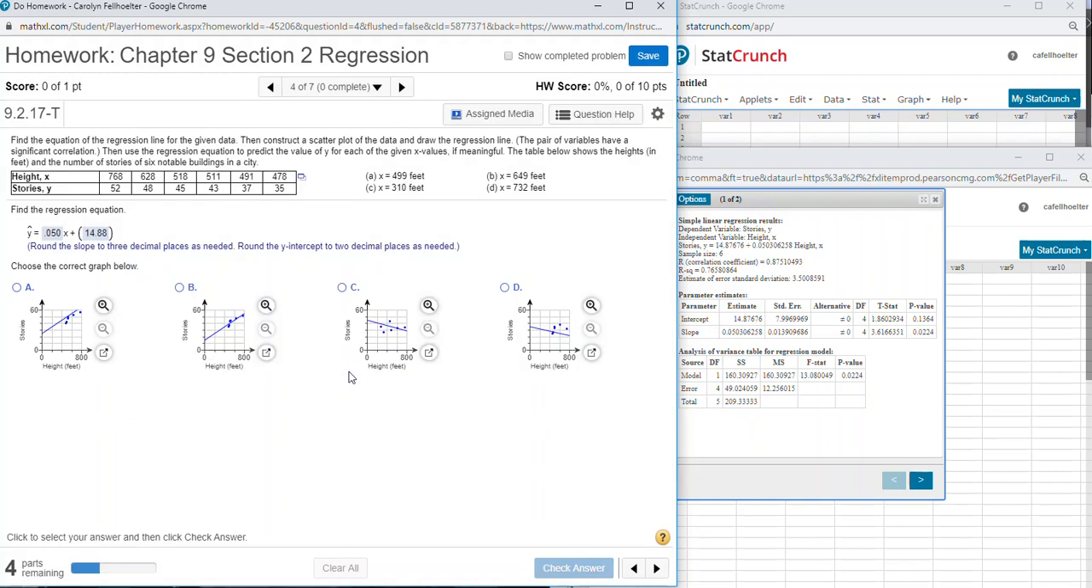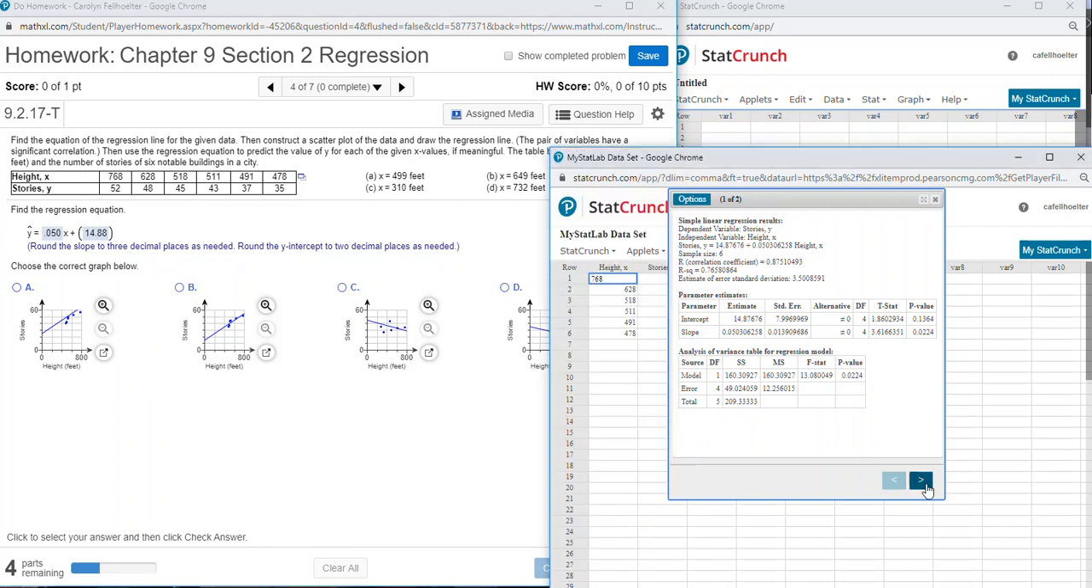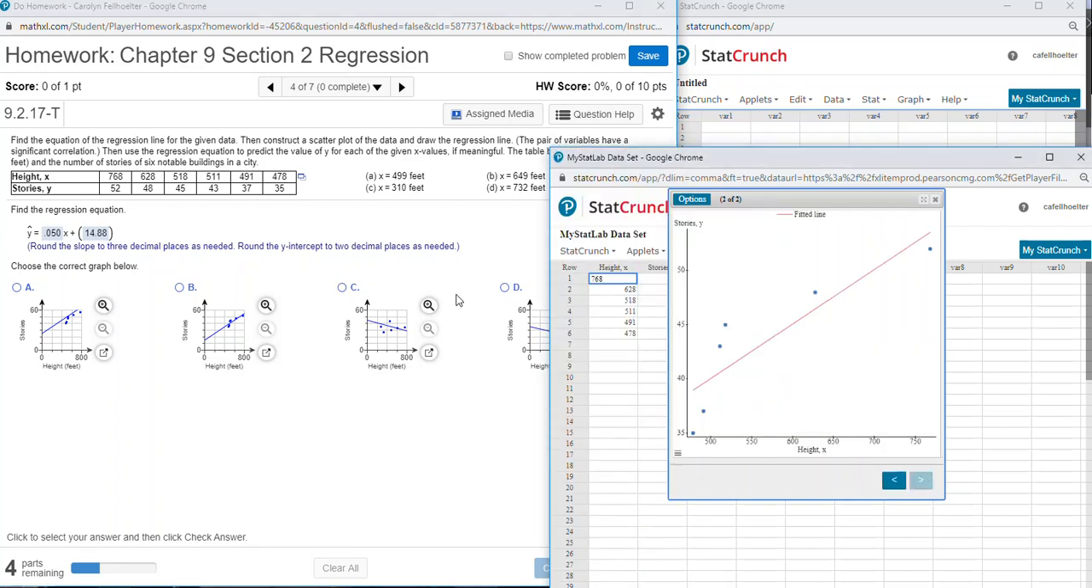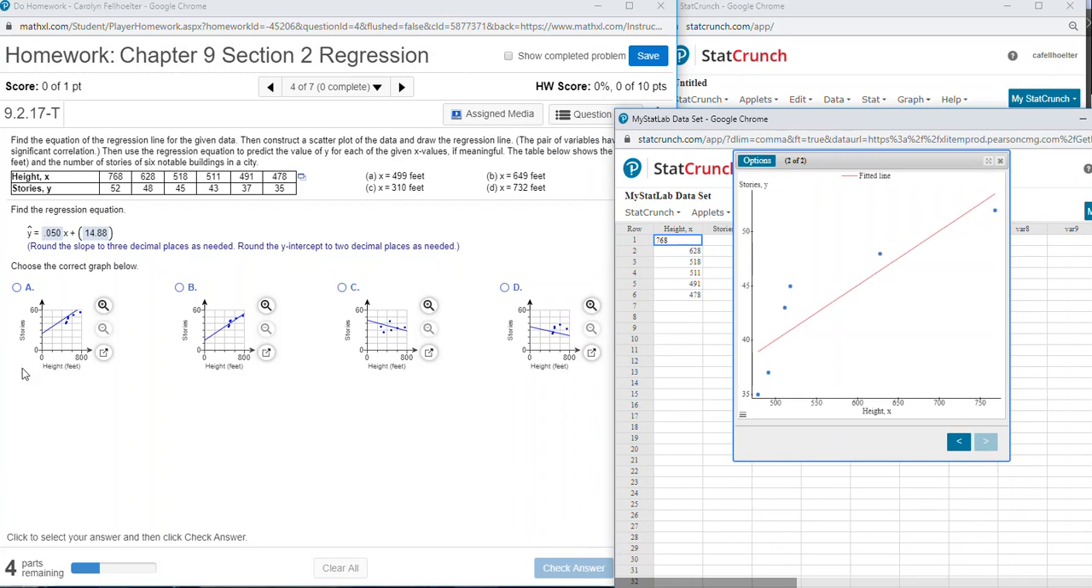Okay. The next part of the question asks us to choose the correct graph, and we looked at it over here. So we know that it has to be A or B, because these are both positive, and it can't be either one of these. These are negative correlations, so it's one of these. They look about the same. This is going from 0 to 800, 0 to 800, 0 to 60, and 0 to 60, so they look about the same. It's just a matter of